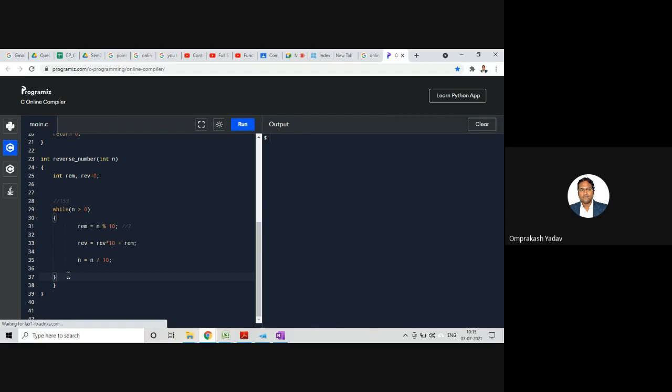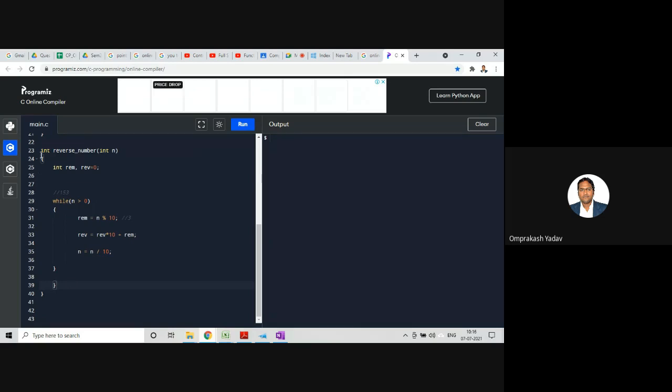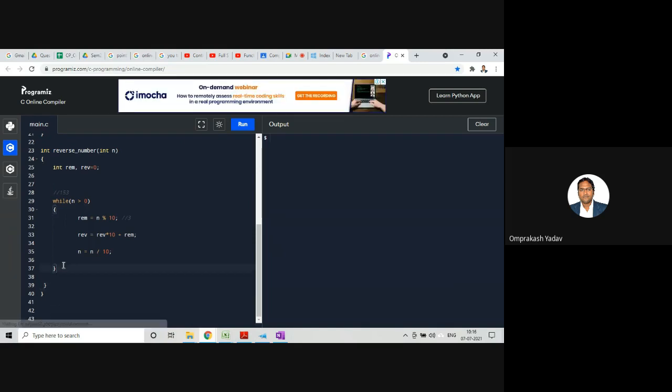And then finally, once this particular task is over, this is the while loop bracket, so I think this is extra. No, this is for this one. Now we are going to return the reverse number which we have got: return reverse.